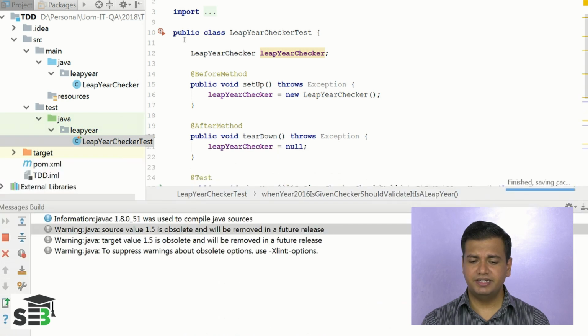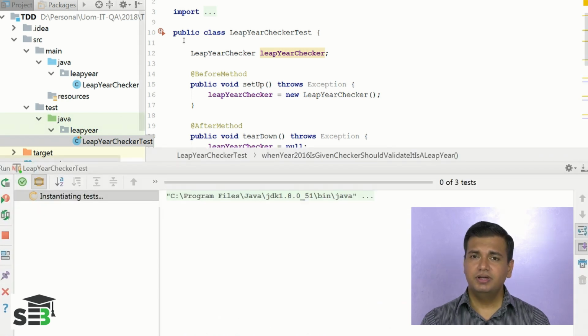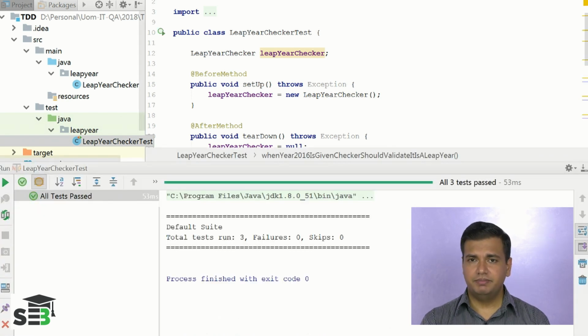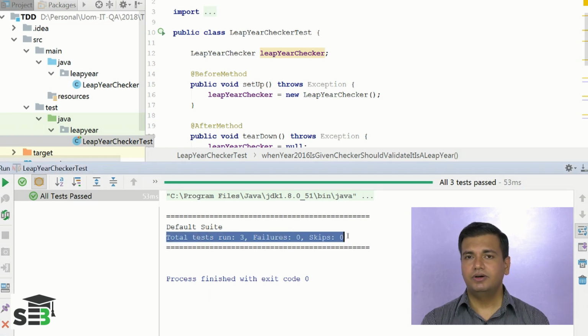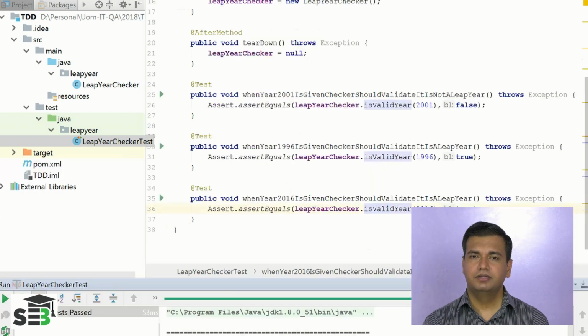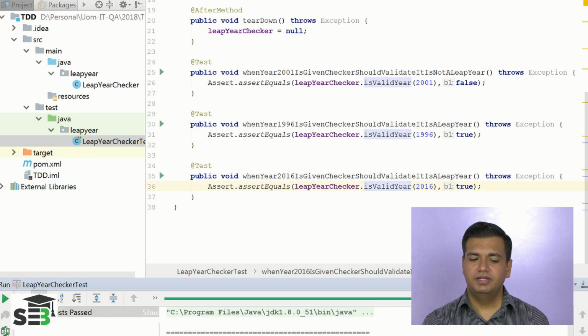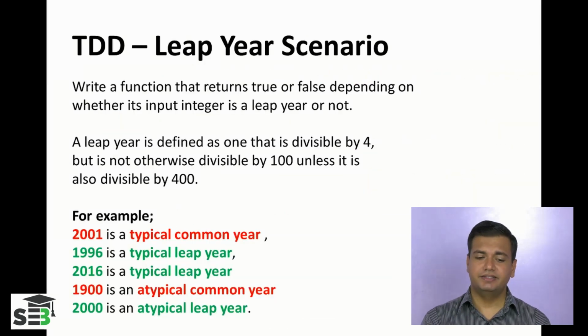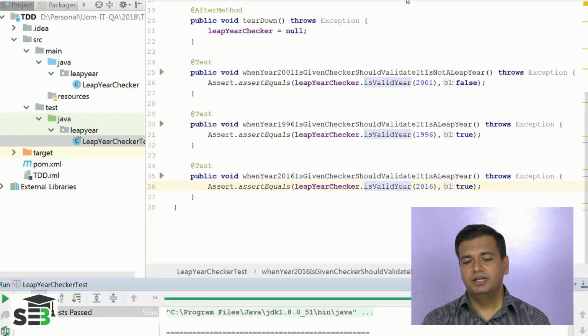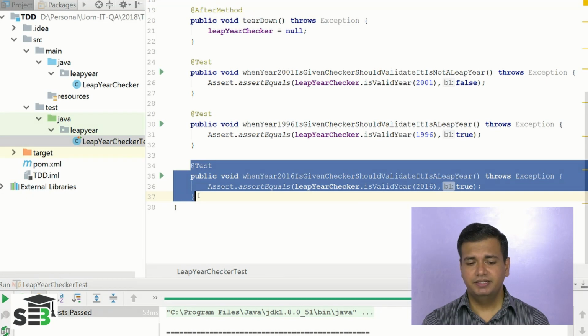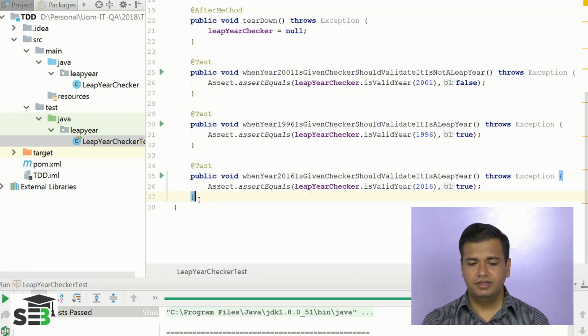Earlier I had 3 tests. Okay, so now all my tests are passing. I have executed 3 tests and all of them are successfully passing. Let's take the 4th data set. Year 1900 is an atypical common year. So I'm going to take a copy of this method and paste it,